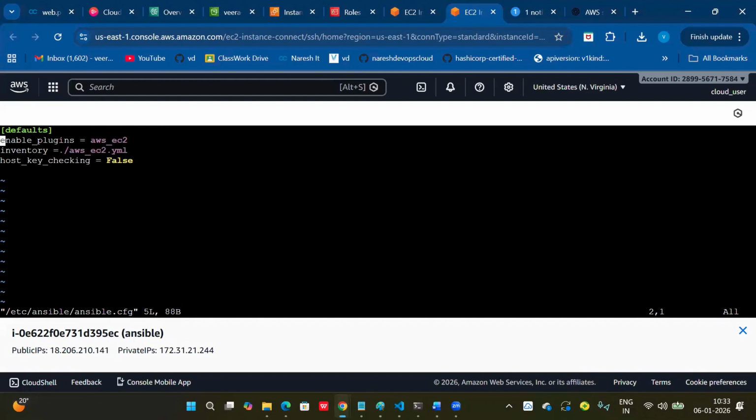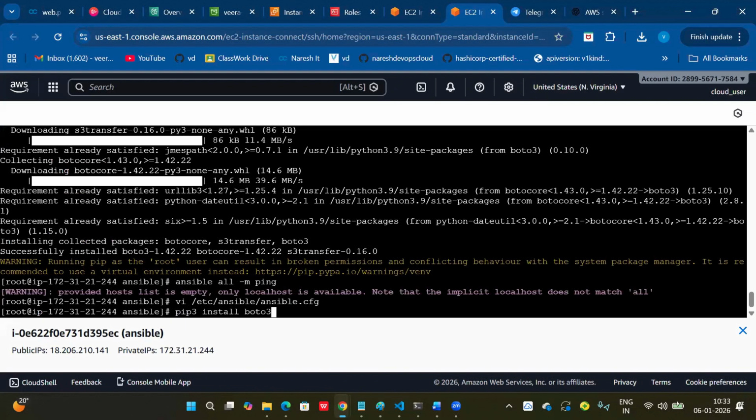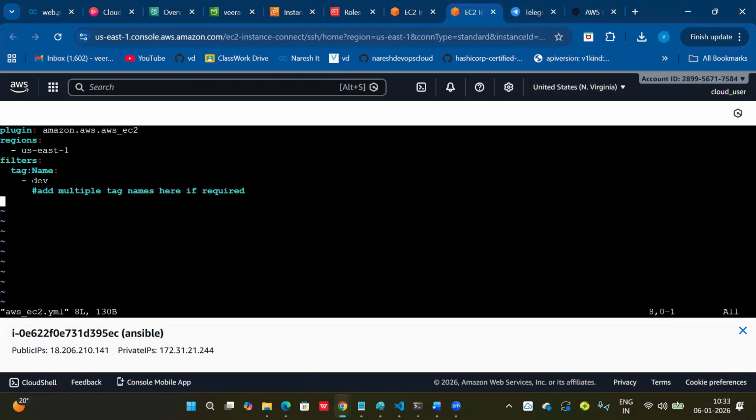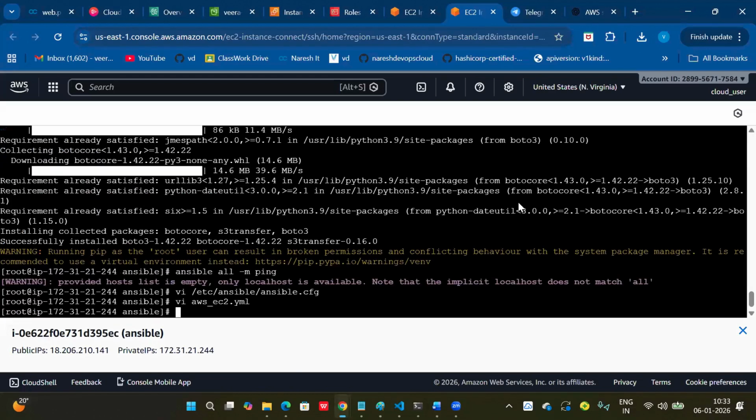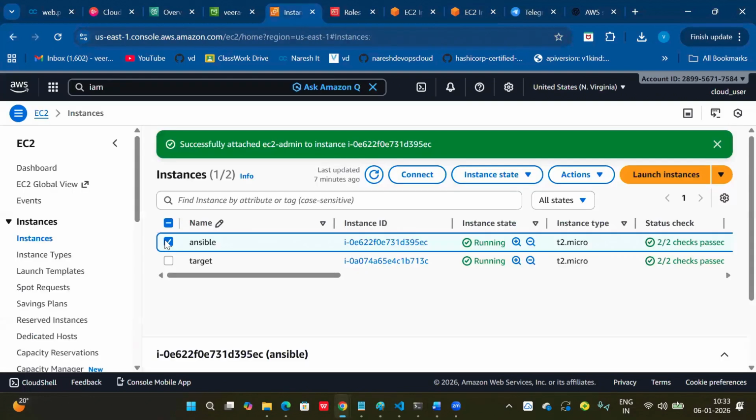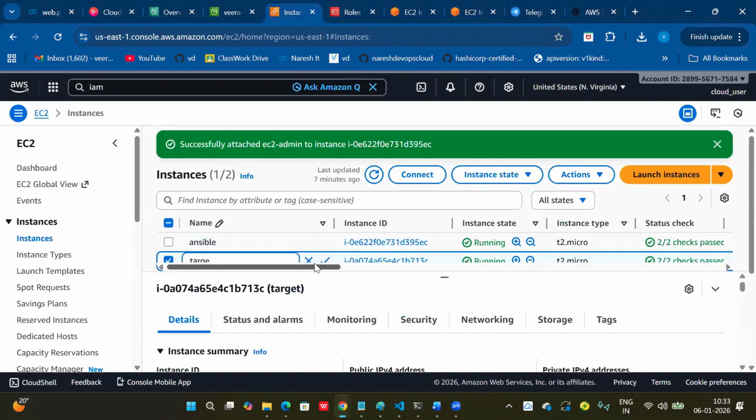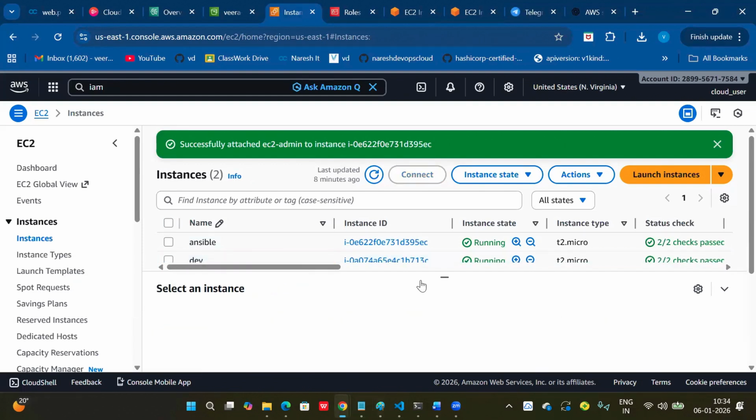Here, I have to go to the YAML file. The given name is dev target, right? So now let's change this name to dev. Now you can run.